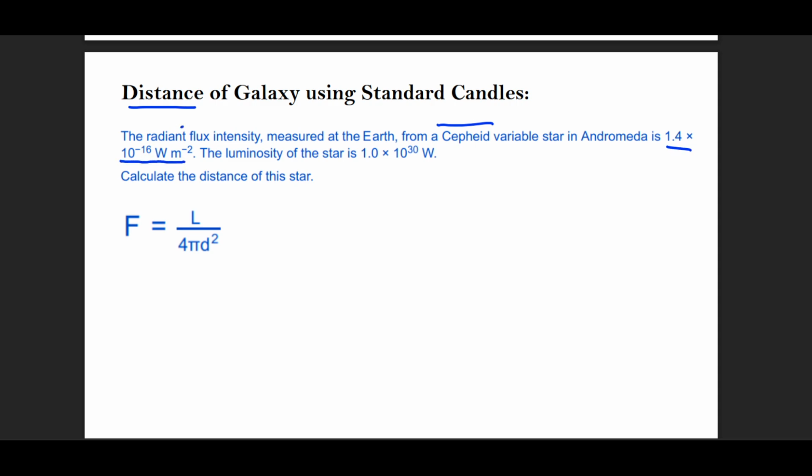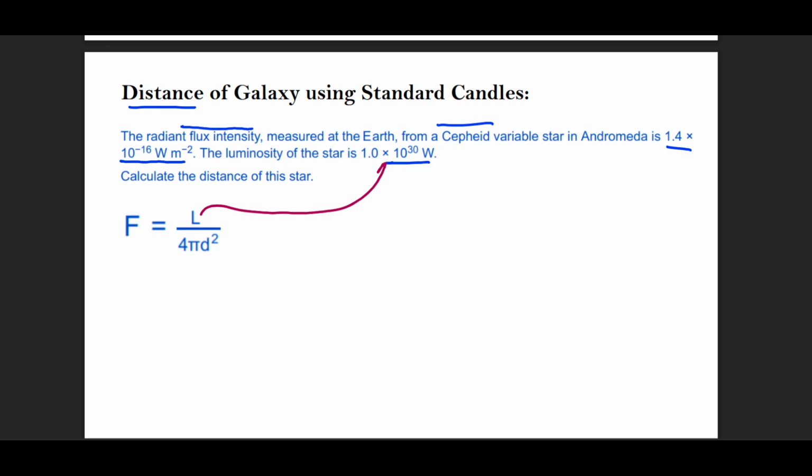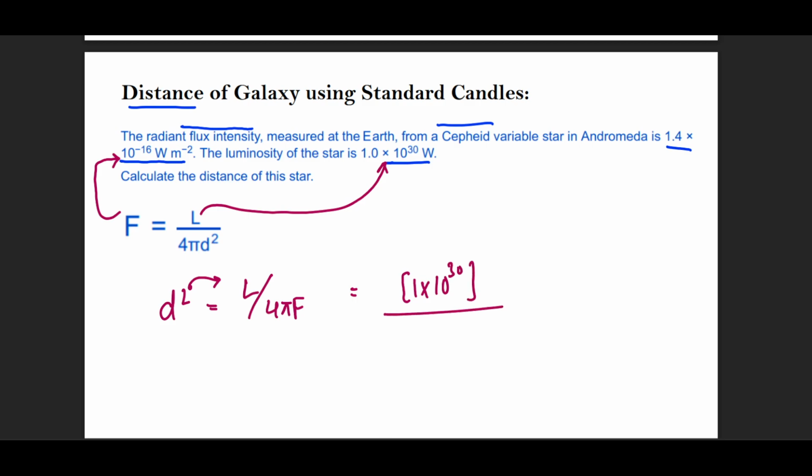Now notice that this is the flux intensity, as the unit is watts per meter squared. The luminosity of the star is this much. How much is the distance? We can see that the luminosity is given over here, and the flux intensity is given over here. Now we just have to rearrange the formula, replace every value, and calculate the value of D. So D squared, I'm not taking the square root right now, is going to be equal to L divided by 4 pi F, and then of course we take the square root. So L is given as 1 into 10 raised to power 30, divided by 4 pi,